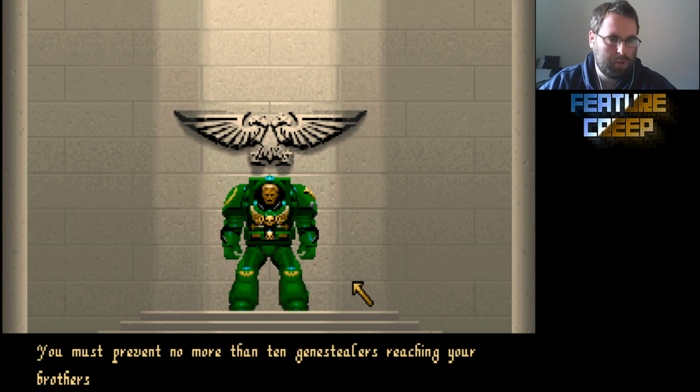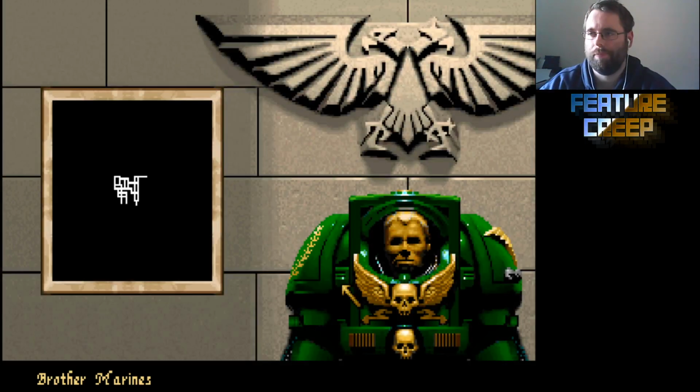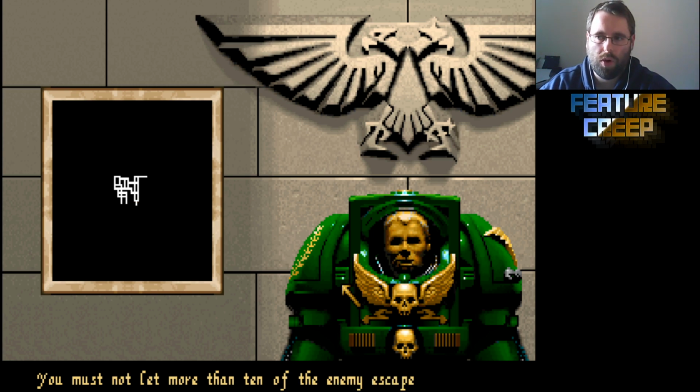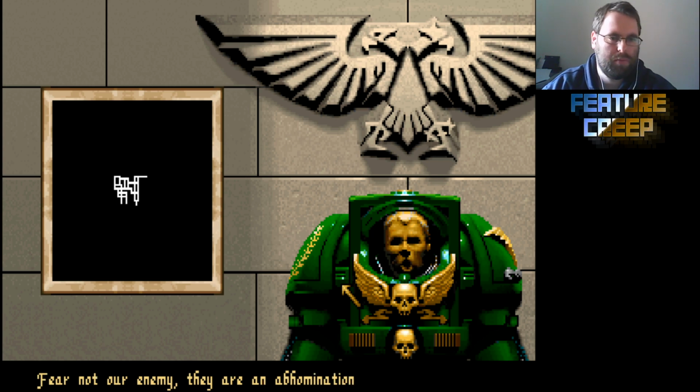Holding the upper level. You must prevent no more than 10 genestealers. 60. Murderville. Okay. Brother Marines, Brother Marines. 1 squad is available for your command. Deploy your squad here. You must eliminate 60 genestealers. 60. You must not let more than 10 might escape. What? You must not let 10 escape. The enemy will come from these zones. Fear not our enemy. Your squad has been carefully...